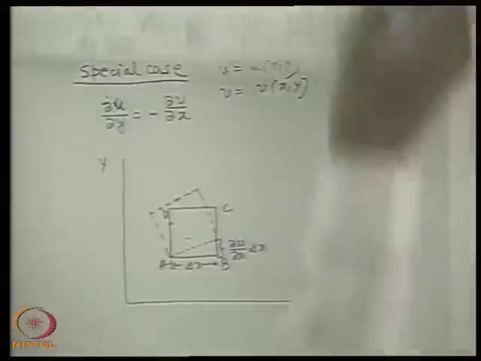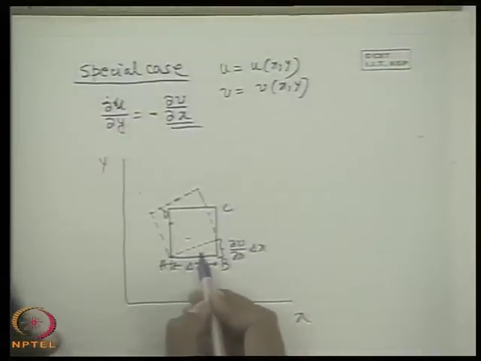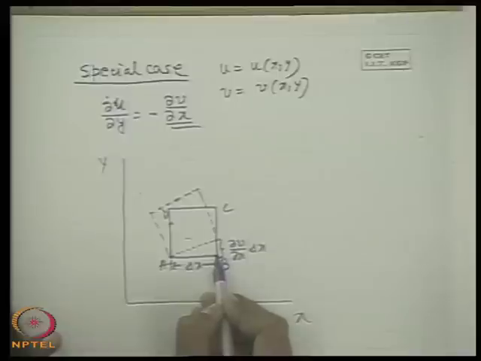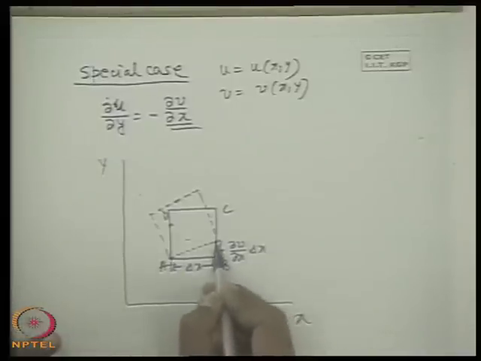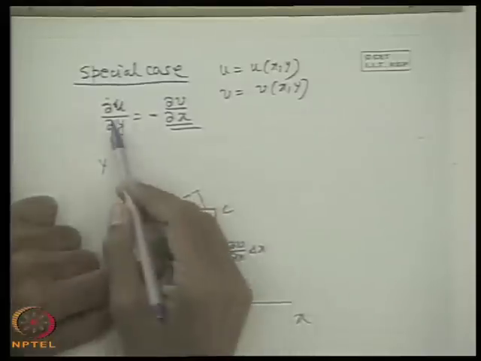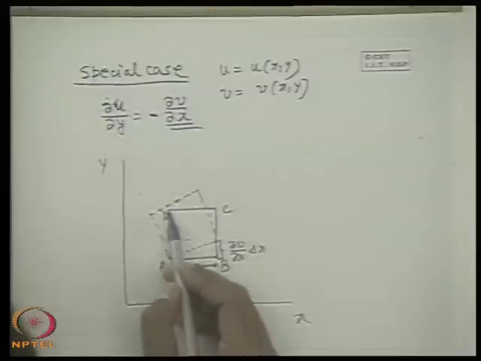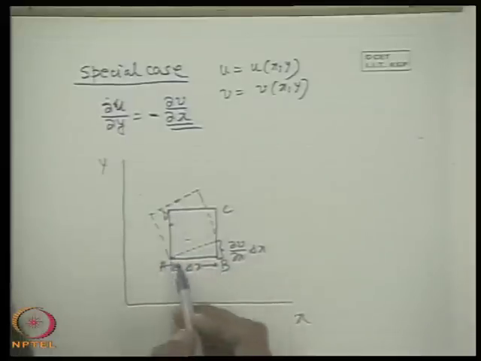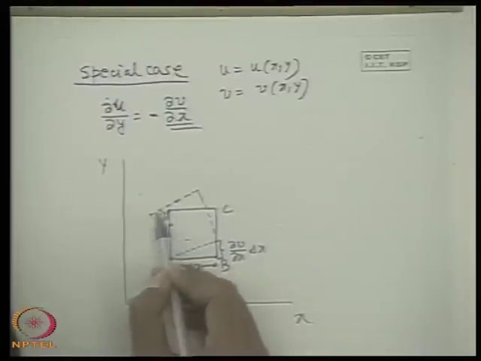But if we consider now, for example, del V del x is positive, that means the V component of velocity increases with the increase in delta x. So B has got a relative displacement over A in y direction, that is positive y direction. Now if I consider del u del y is negative, that means D will have a displacement in the x direction, less displacement over A, that means in other way we can tell that it has got a x direction displacement in this direction.